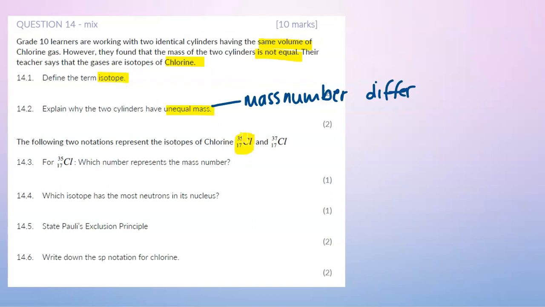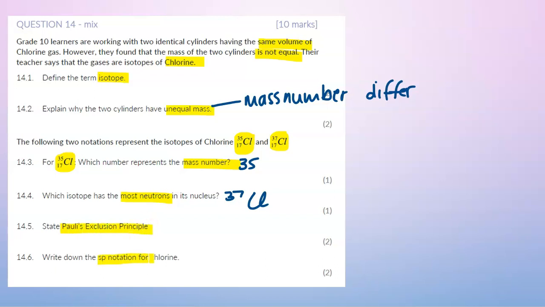Now they give us the isotopes of chlorine again. So it's the same 2 we had earlier. And then they're asking us for this isotope, which number represents the mass number. Now this should just come very easily. It is the 35. The bigger number is your mass number. Which isotope has the most neutrons in its nucleus? So we know they each have 17 protons, which means the isotope with 37 nucleons will be the isotope with the most neutrons. You can do a little sum if you want to prove that to yourself. Then they ask for Pauli's exclusion principle, that's your definition,